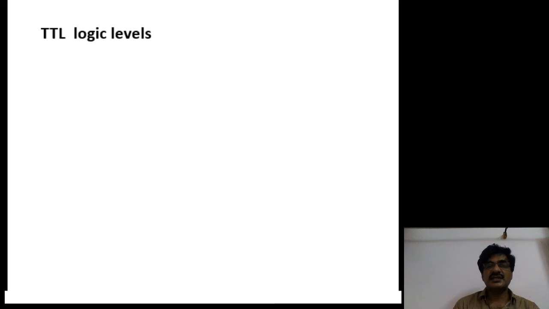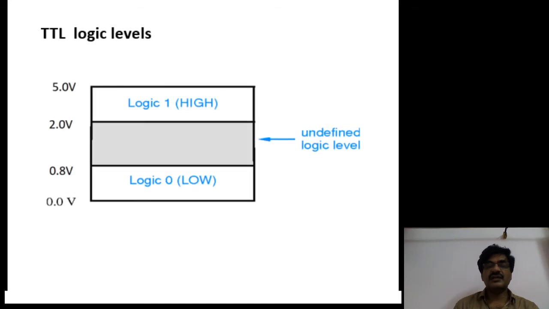Before going to discuss that family, let us see once the logic levels in TTL and noise margins, also subfamilies in TTL and CMOS. In the TTL case, with reference to logic low, 0.0 volts to 0.8 volts range is used for logic 0 representation, whereas for logic 1 representation the range is 2 to 5 volts. This is the range used in case of TTL.